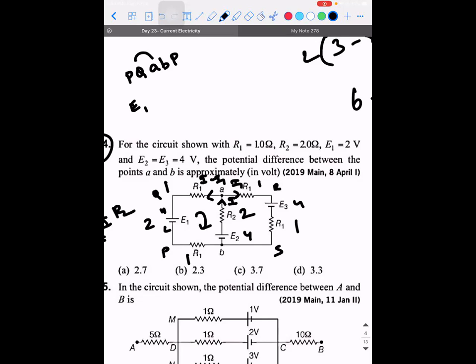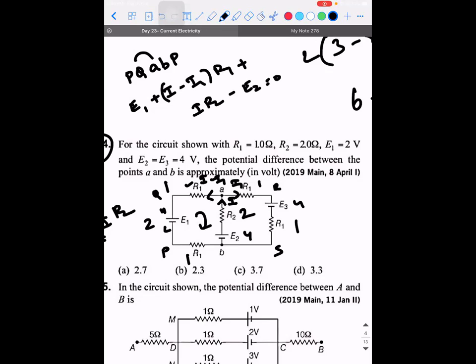what is it you're encountering? There is a resistor. So with respect to the resistor, are you going from lower to higher or higher to lower potential? You're walking in the direction opposite to the current. So again you will gain energy: plus (I minus I1) into R1. Then A to B, across the resistor R, then EMF, you will gain energy. Yes, so plus I into R2 minus E2 is equal to 0.